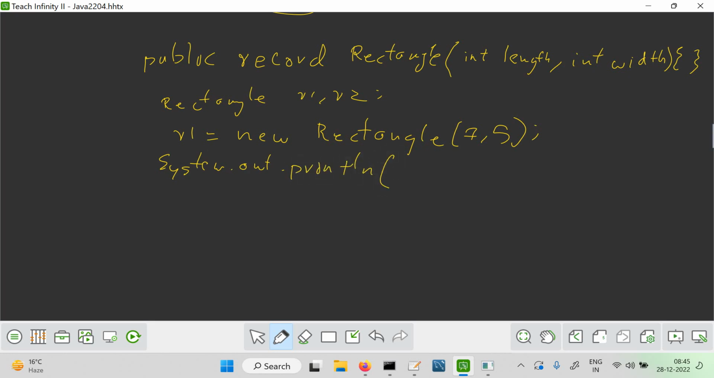You can say R1 dot length. Length is a method. You get a method by the same name as the parameter name to fetch the value. Okay, length, width, those are methods for me. Okay, equals, yes. Try another, R2 equals new rectangle with the same dimensions, and try whether they are equal